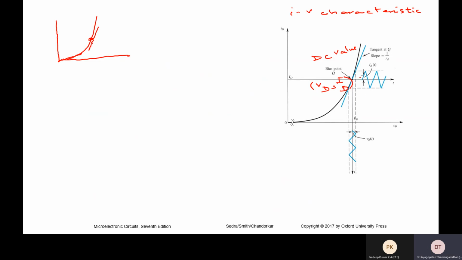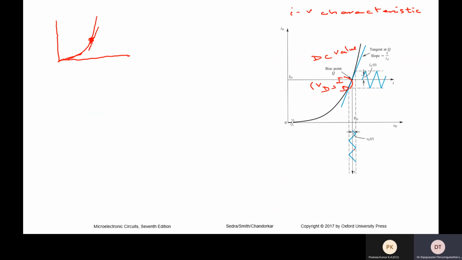Now the tangent clearly tells you there is a swing here. Beyond that point, the tangent is going away from the actual measurement value. Similarly, below that point, the tangent is going away, because this is the true exponential curve. But between this point and this point, it is exactly coinciding with the exponential. For the purpose of drawing, I have shown it like this, but there is a small region where it coincides with this exponential. That is exactly the point there.